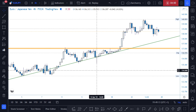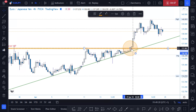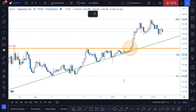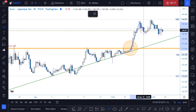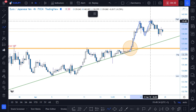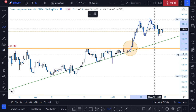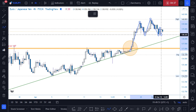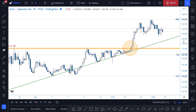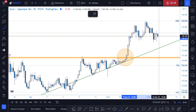Now, if we look at what happened since the breakout of this key level, which happened on the 19th of this month, we saw a decline in momentum as price hardly found a higher high. And since the 140 area was hit, price broke back down into the 138.5 area, after which we saw a consolidation phase happening. So with this structure identified here, I want to see this area as a reversal pattern,